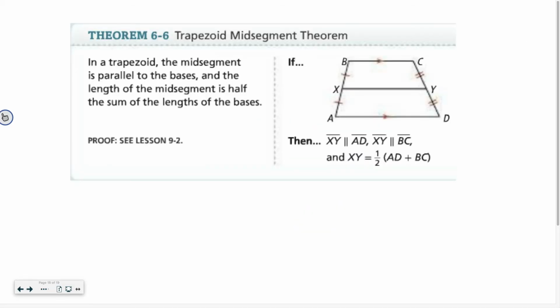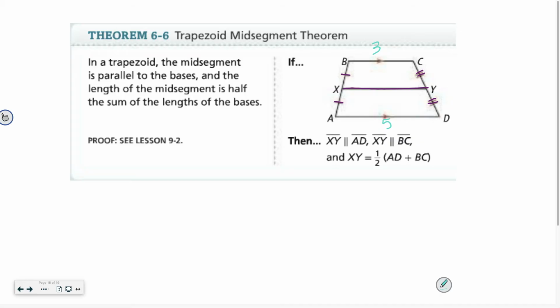Theorem 6.6, this is the last new thing for this section, okay? Theorem 6.6 is all about the Trapezoid Midsegment Theorem. Remember, midsegment means that it's halfway. So this segment right there in the trapezoid cuts both of its sides in half. And if I know that this is 3 and this is, let's say, 5,